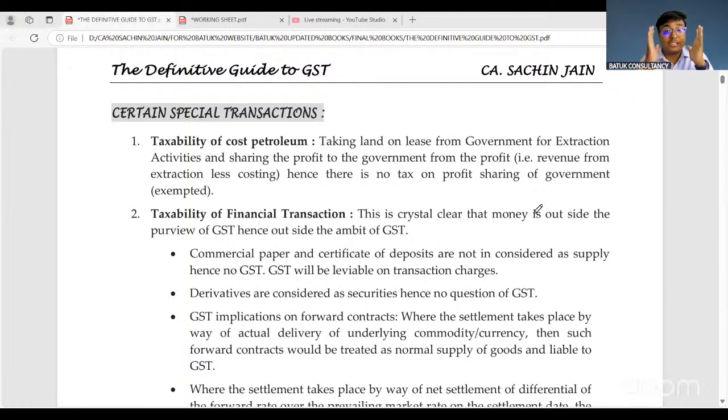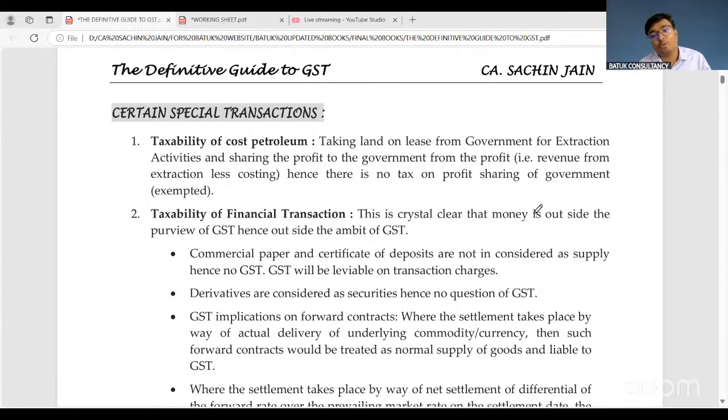Harish sir, one basic concept in GST is that when you are claiming the input tax credit, then only your liability is to pay the output tax. And when you are not claiming the input tax credit, there is no question of applicability of output tax. Government is saying that when you are availing the benefit, then only you need to pay the taxes, and the same thing is applicable in your case on your capital assets. If you have not taken the input tax credit, then while disposing of that particular asset, there is no need to pay the output tax. Okay, we'll cover this same point in our tomorrow session as well, when we cover schedule number 1.